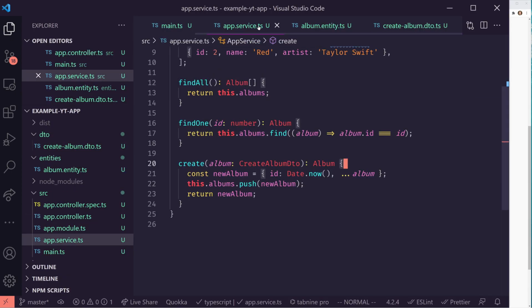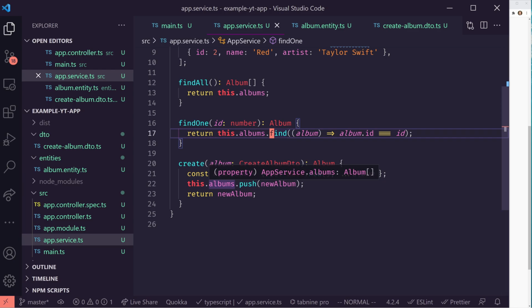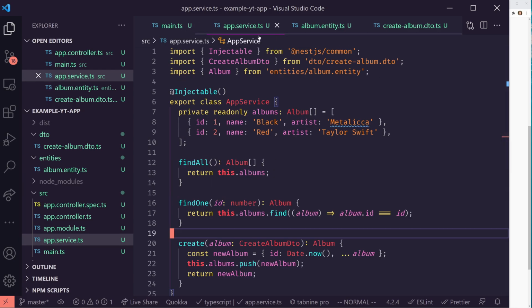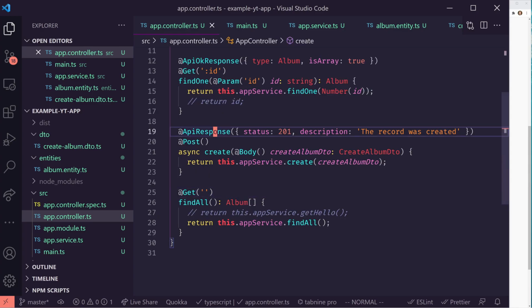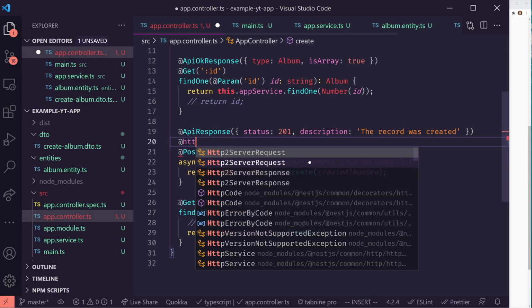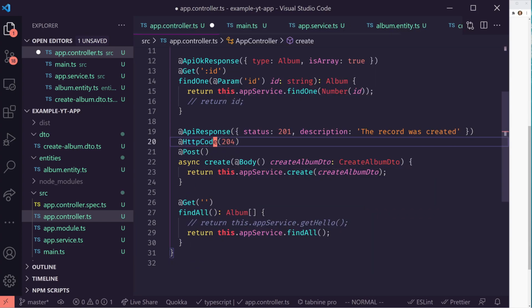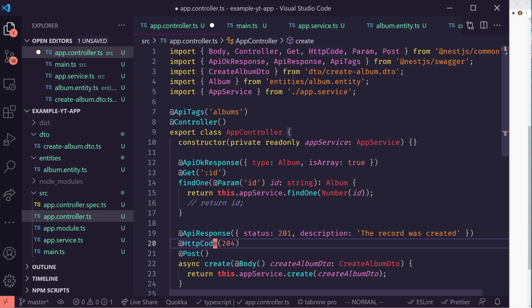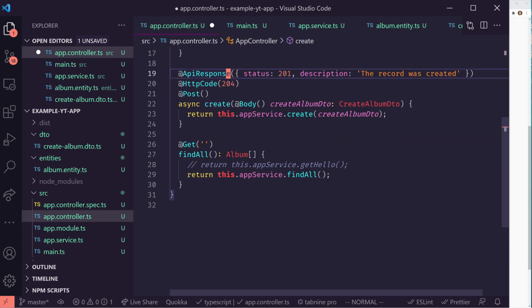If you wanted to, you can change things. This post is returning a 201. But what happens if we wanted to return something else, like a 204 or 200? Well, we can do that too. By default, the create returns a 201. So if we go to the app controller, next to this API response, we can just add an HTTP code. Let's say we want to change it to 204. It automatically added HttpCode in here from our NestJS common. So now it's going to return a 204, and instead of sending an API response,